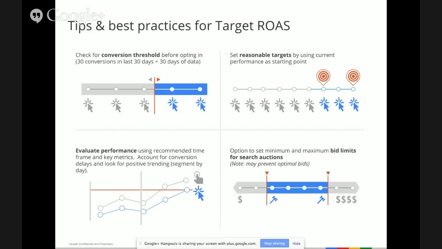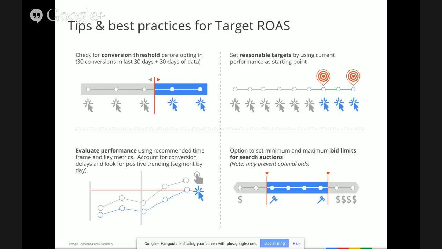So a couple of best practices as well, just to make sure you get started on the right foot. The first is the conversion threshold. Brent mentioned when he was talking about the strategies that ideally we'd like you to have around 30 conversions before you get started on ROAS. The idea here is that we want to make sure that we have enough data to bid intelligently. So once you do start passing us those values, let them accrue for a few weeks. And typically, once your ad group or your campaign has 30 conversions, we have enough data to do a good enough job bidding. So you can wait and then set the target ROAS bid.